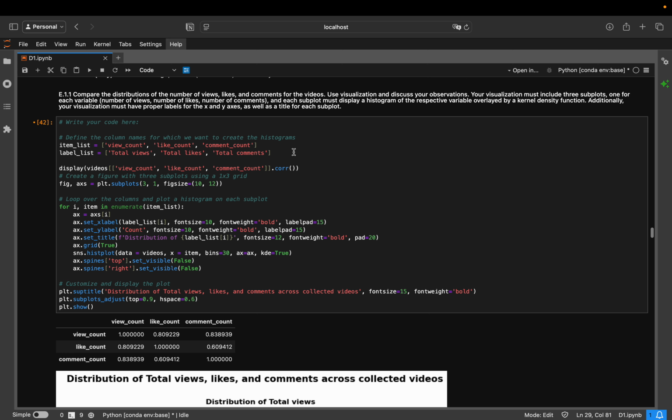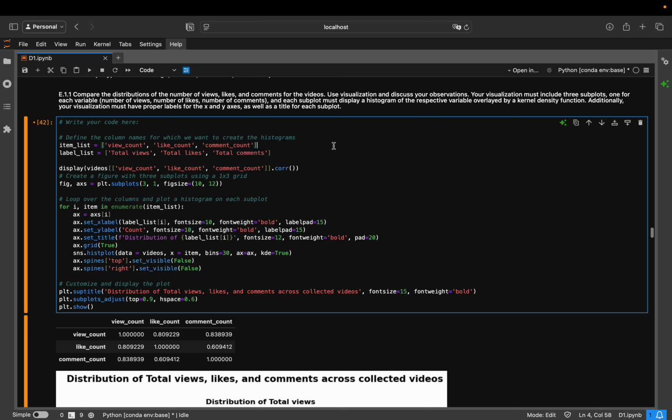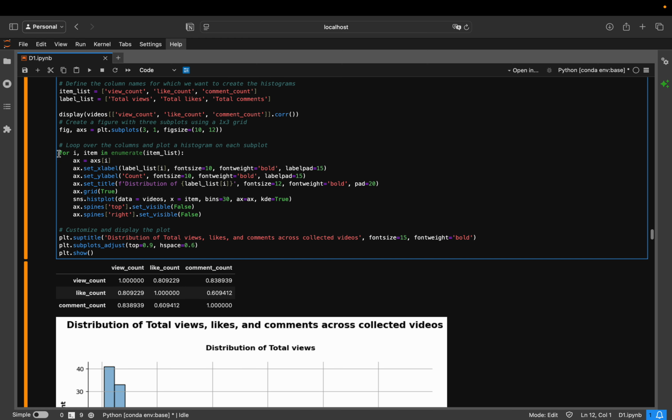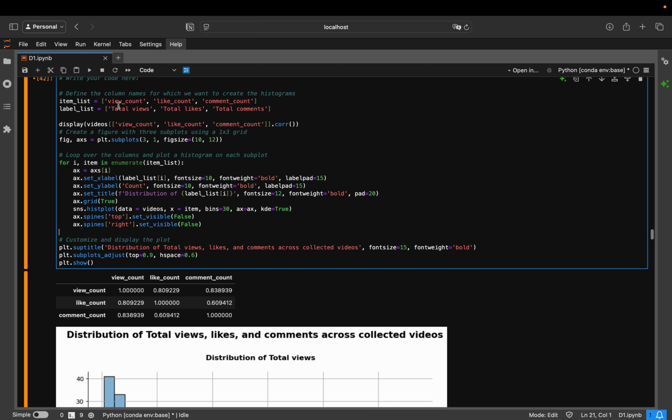Firstly, I will have 2 lists. The first one is for the column names, and the second one is the names that I will use to rename the columns, for better interpretation. This one is to print out the correlation coefficient matrix to identify the linear relationships among these 3 variables. This is to create subplots, and this for loop is to loop over each of these variables